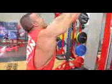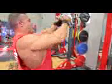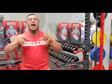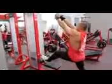Full stretch at the top of the movement. We're really activating the lats here, folks. Pull the V-bar all the way to the chest, get your elbows back as far as you possibly can and get that scapular or shoulder blade retraction to get full contraction, full activation of all of your back muscles, in particular the lats. Pull the bar back to the chest, squeeze for half a second, elbows back as far as you can,